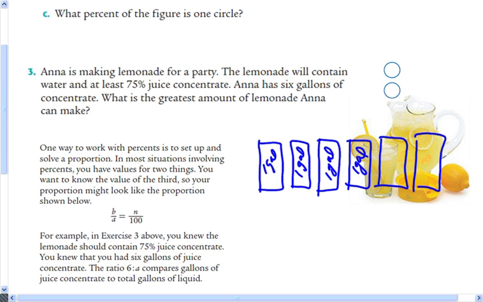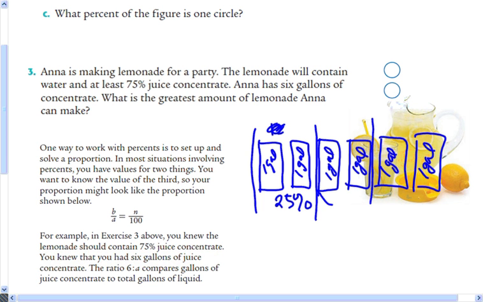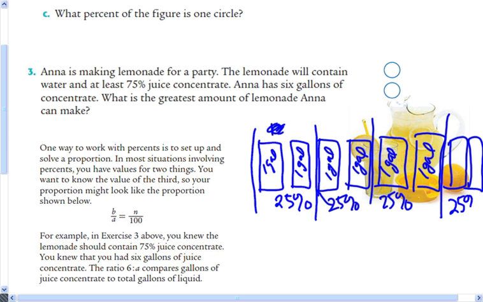And this has to be at least 75% juice concentrate. So, if you think about that, 75% is 25% 3 times. So I could think of 2 of these as being 25%. And that makes 75%, which means I need 2 more gallons to make up the entire amount to get that 100% of my